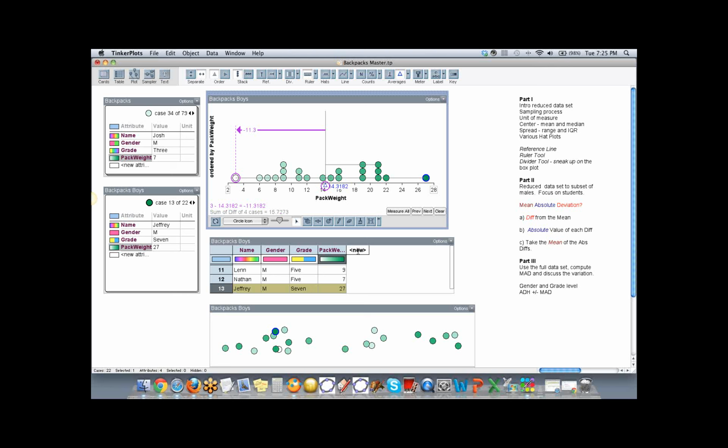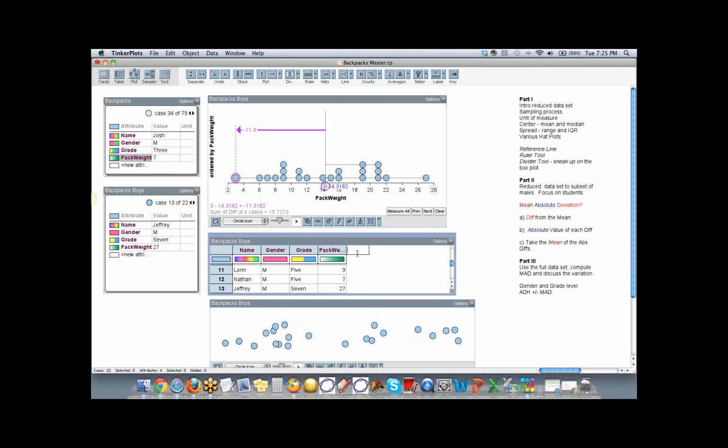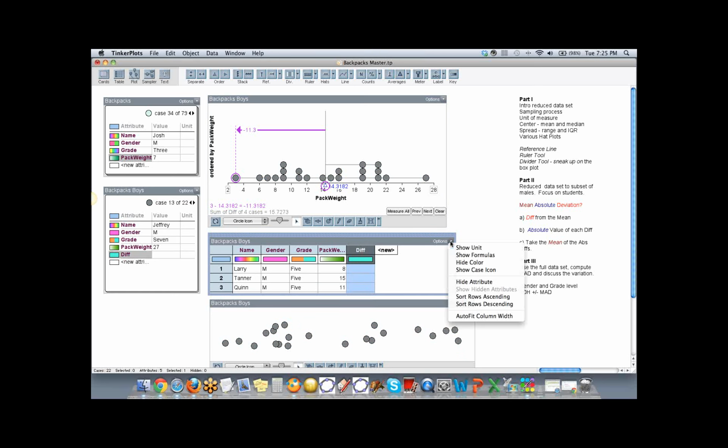Well, before we do that, we need to catch up with our table here. So I'm going to add a variable called diff to the table, and we need to add a formula. So if I highlight this whole column and show formulas, that's going to actually show the formula in this window here.